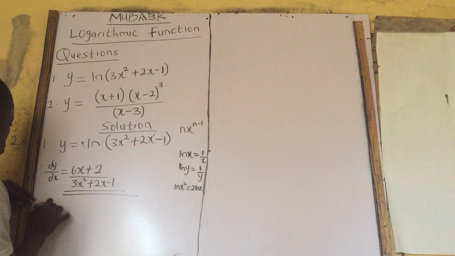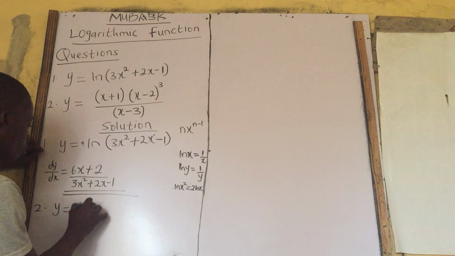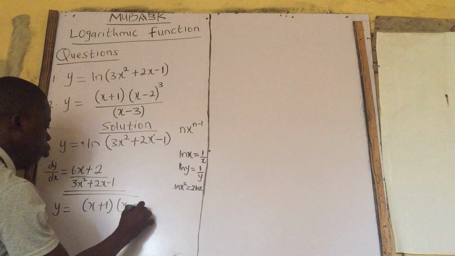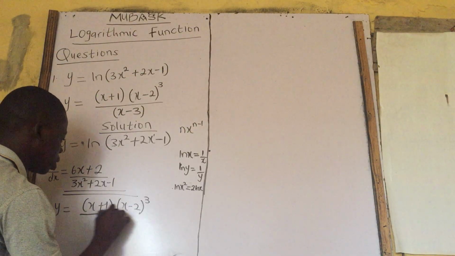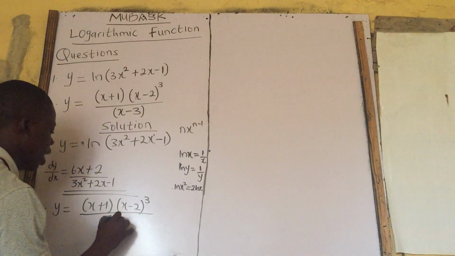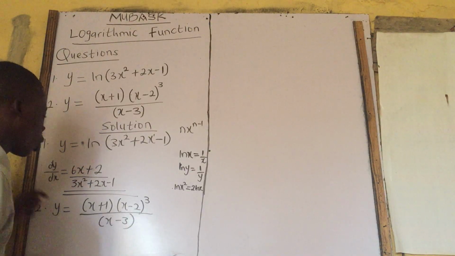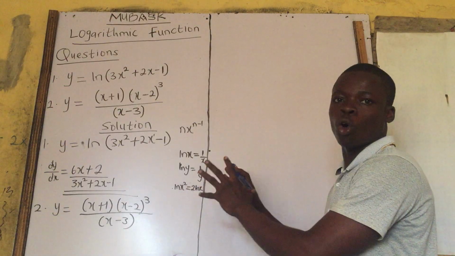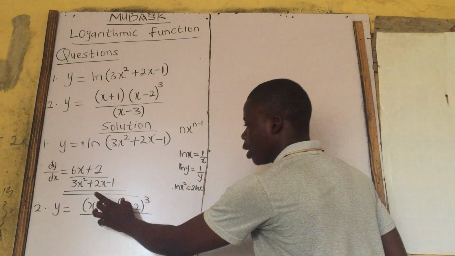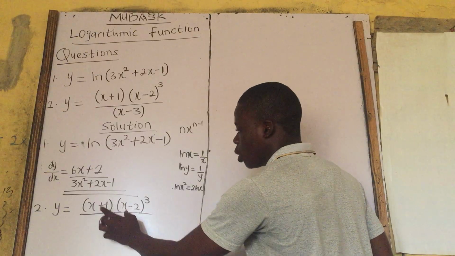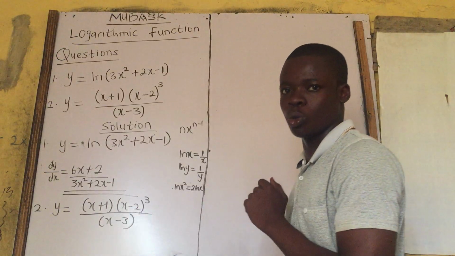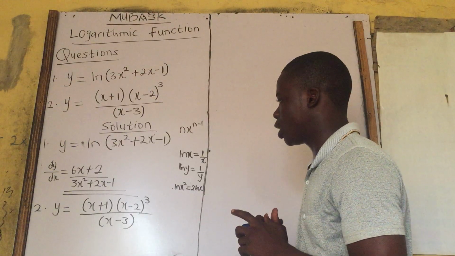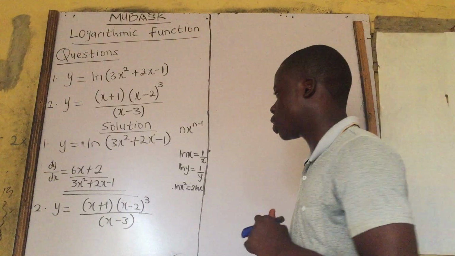Question 2. We have y equals open bracket x plus 1 close bracket open bracket x minus 2 close bracket raised to power 3, divided by open bracket x minus 3 close bracket. But in this question 2, it looks like the quotient rule. Also in the numerator, it looks like product rule. How do we take a look at it? It is very simple to solve by taking both sides by